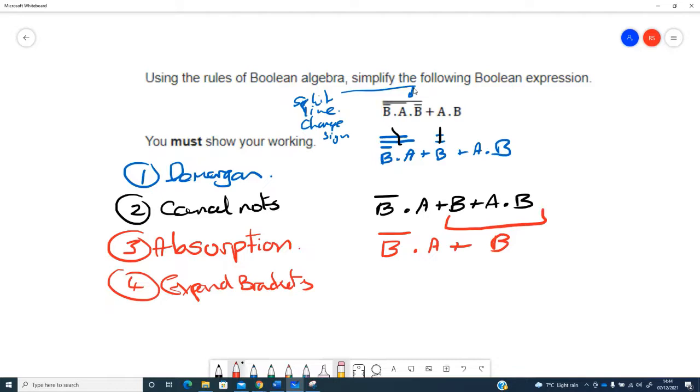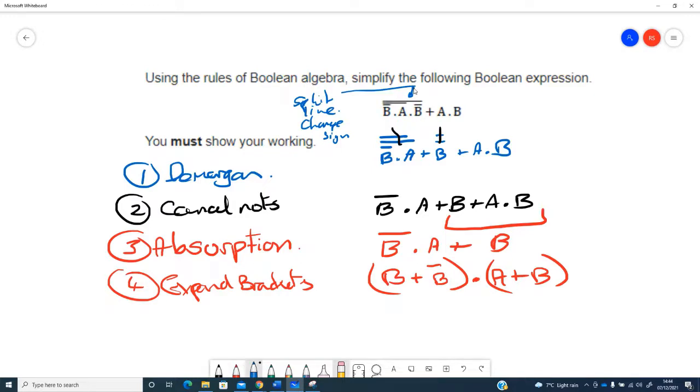And to do that, I'm going to end up with B or not B, and A or B. So we've expanded our brackets, and that immediately shows me that we've got an interesting group here, B or not